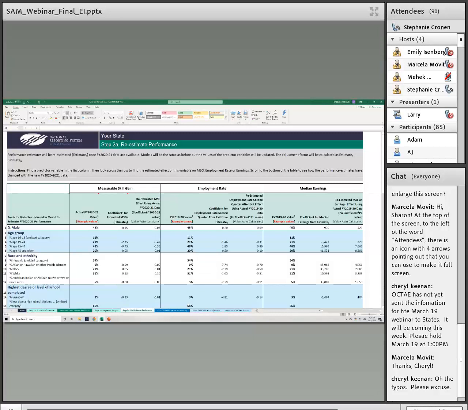So as things like the distribution across the age group changes and the other characteristics, the effects of those characteristics will change somewhat as well. And once we have 2020 indicator data, we'll again calculate an estimate for each indicator, like the 46.1 for MSGs that we calculated earlier, that will be used to adjust your 2020 performance targets in step 3.